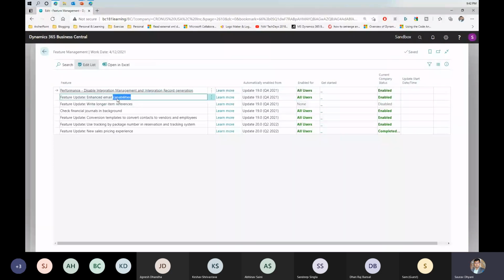This one is related to the old SMTP and the new email module that we discussed, I guess, past week or so. Item references, longer item references, they have increased the field length of certain fields. And then this is the last one, I guess, which is no, second last, check financial journal in background, which is an,